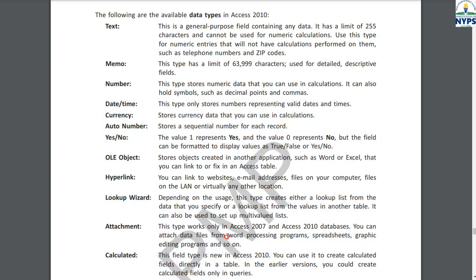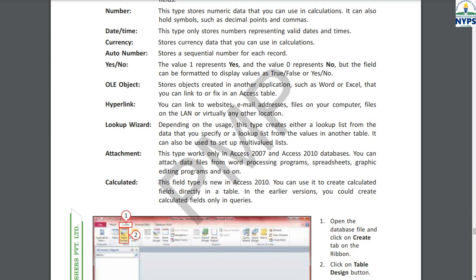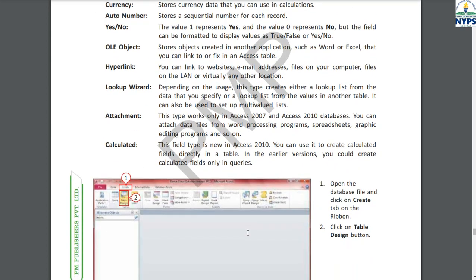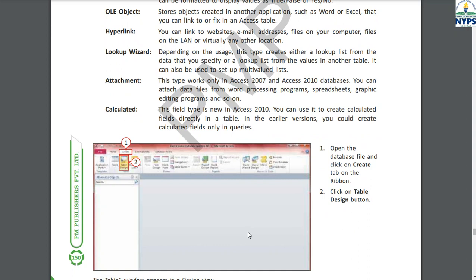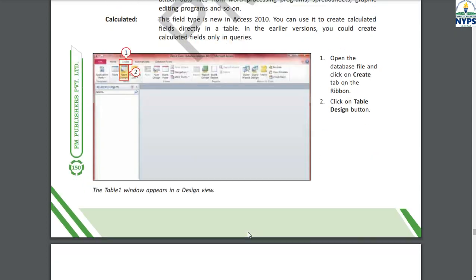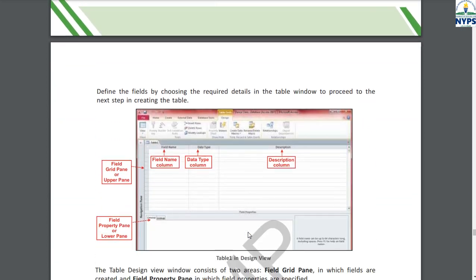If you want to attach any file, for that purpose we can use attachment. Calculated is not in 2007, it was introduced in Access 2010. It is used basically for creating calculated fields directly in the table. So we are not having this option. So you can see field name, data type and description, and in the lower panel you can see field properties.